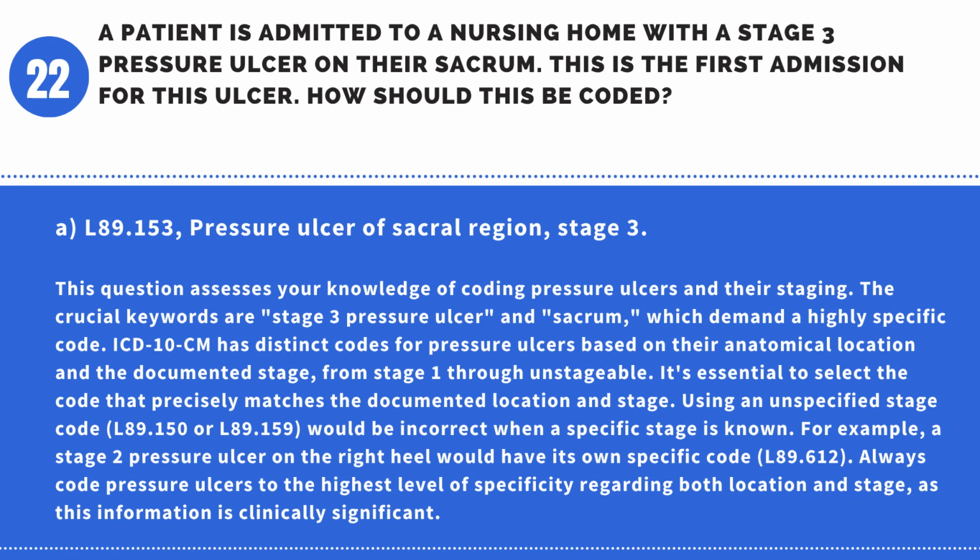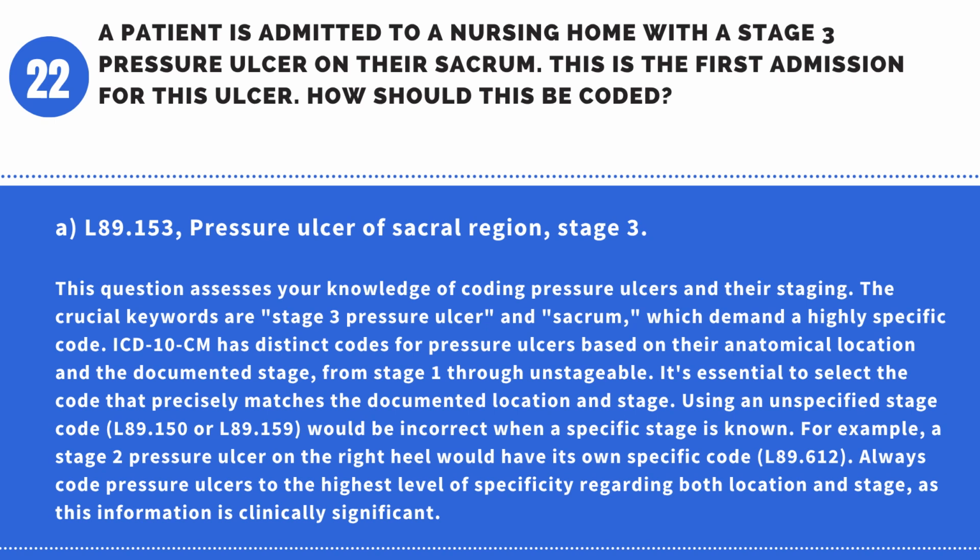Using an unspecified stage code, L89.150 or L89.159, would be incorrect when a specific stage is known. For example, a stage 2 pressure ulcer on the right heel would have its own specific code, L89.612. Always code pressure ulcers to the highest level of specificity regarding both location and stage, as this information is